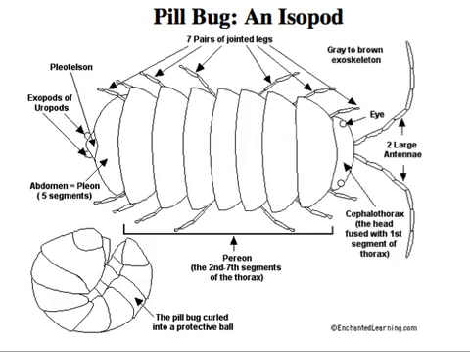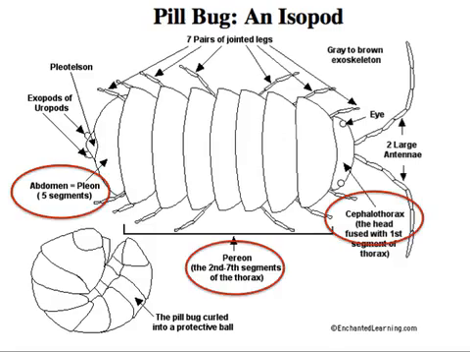Here's a drawing of the anatomy of an isopod. First of all, they have 3 body segments, and that's part of the definition of a crustacean, 2 or 3 body segments. So you don't need to know the names of these, but I just wanted to show you that they do have 3 body segments. They have antennae,